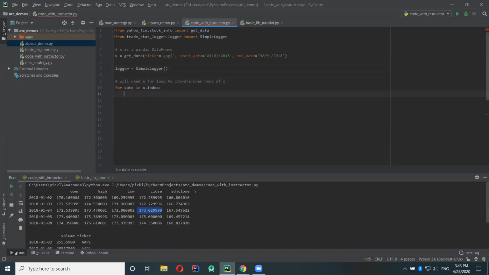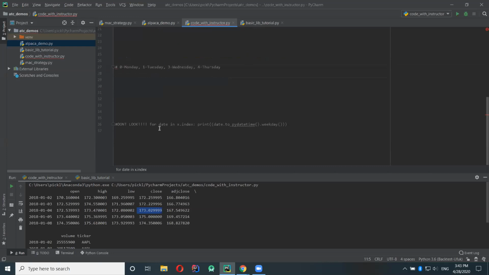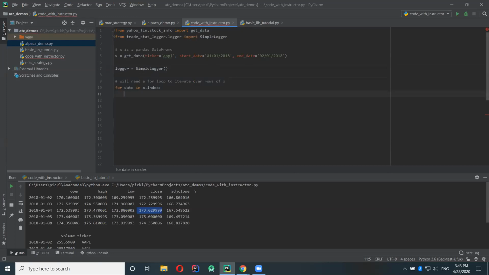Okay, so now what we want to do is buy on Tuesdays. So how do we figure out it's Tuesday? Well, the dates stored in the index, in these index objects, are some sort of Pandas date object. So what we need to do is say,